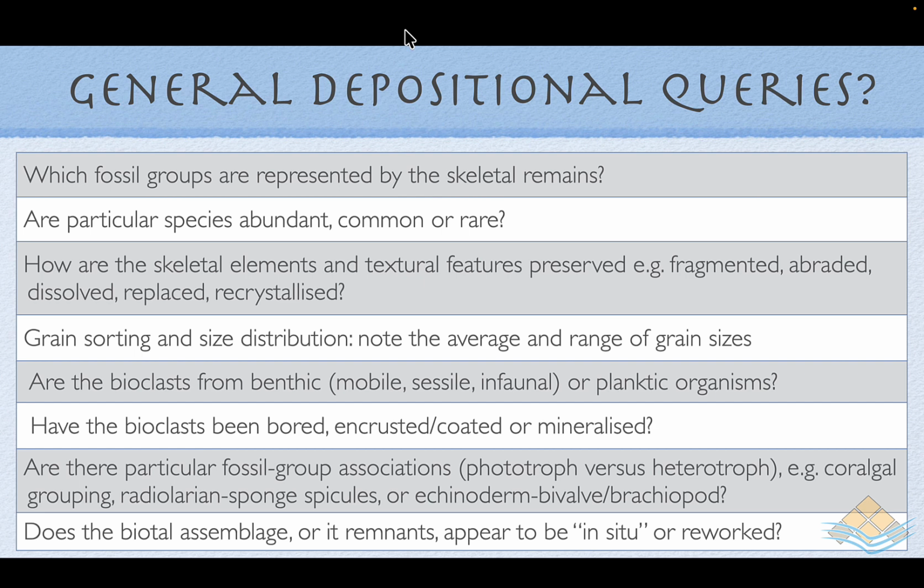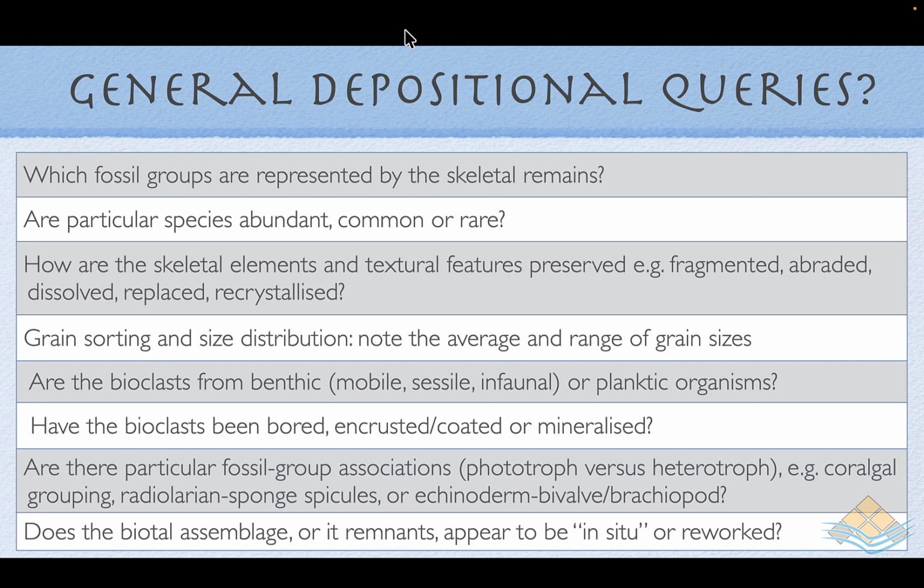We also need to ask the questions of, have the bioclasts been bored? Were there micritic rinds from endolithic algae? Have the bioclasts been variably mineralized as we transform from aragonite to low magnesium calcite? Are there particular fossil group associations that tell us quite a bit about the depositional environment, phototrophic versus heterotrophic associations, deep water coccolith associations? These are all indicative of the depositional system in a way that we don't have equivalent concepts in sandstones. Carbonates primarily form within the basin of deposition and often are not transported too far from where they first form,